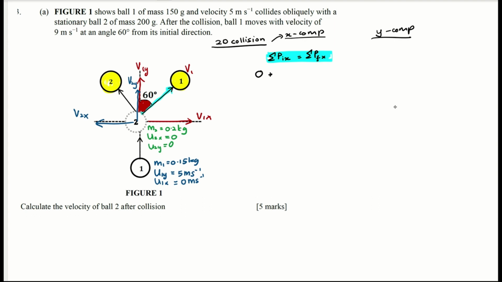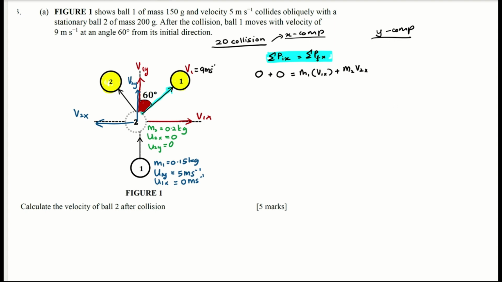Mass 2 pun dia untuk X component ada tak? Tak ada juga kan? So dia adalah kosong. Okay. Tapi after collision, mass 1 ada kan? So dia akan jadi M1 V1X. V1 kita dah tahu dah. V1 equal to 9 meter per second. So dia akan jadi V1X plus mass 2